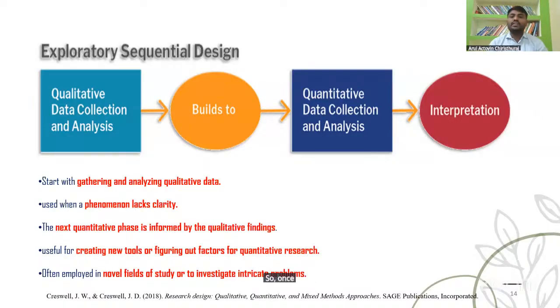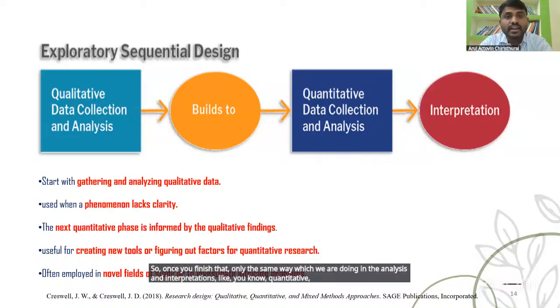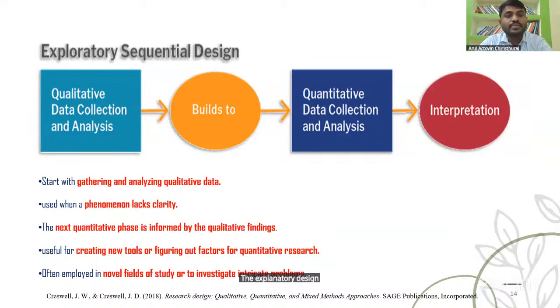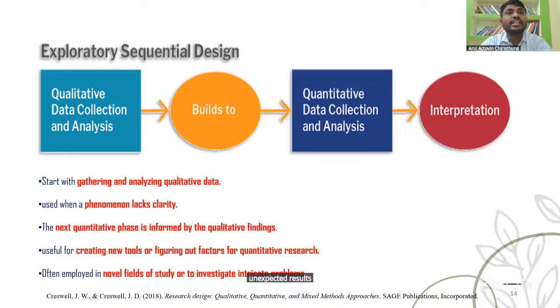Once we finish that, the analysis and interpretation go the same way as in the sequential explanatory design, but that one is meant for unexpected results, which we explain through